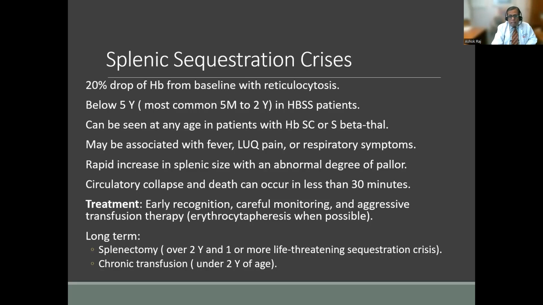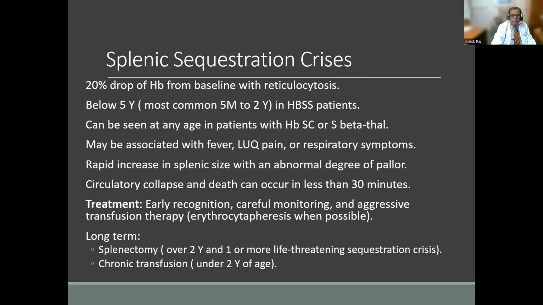But it can occur at later ages in patients with SC or S beta plus thalassemia, because they don't undergo autosplenectomy by 5 years of age that patients with hemoglobin SS disease do. Sometimes you can have other symptoms like a febrile illness, but it is important to recognize this condition early, because if you recognize it early, you can immediately intervene. You will have to give transfusion